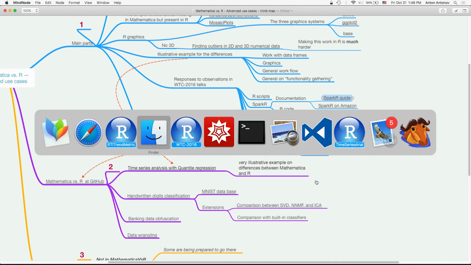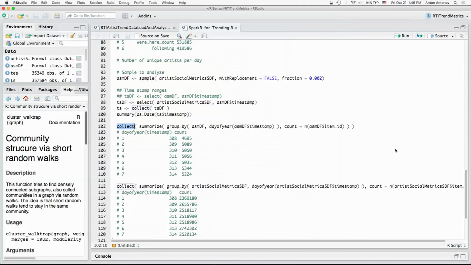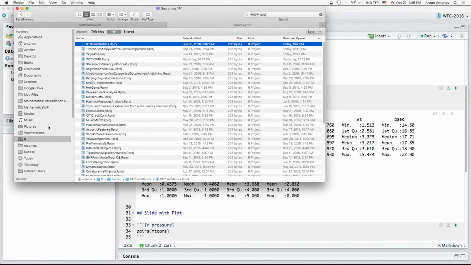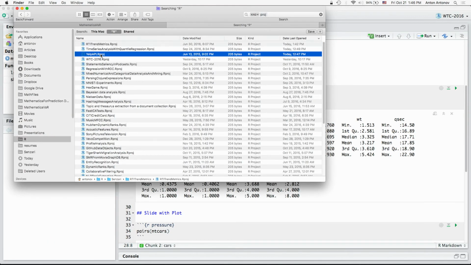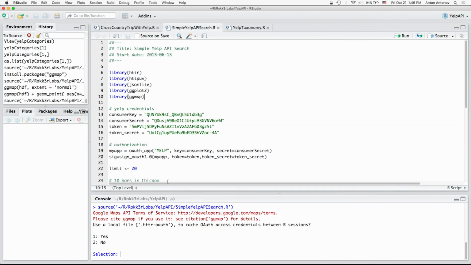Let me see here. I'm going to quit this session. This is another thing which is relatively new in RStudio: you can open multiple sessions for different projects. So I'm going to open this Yelp API project. Presumably this will load quickly enough. And so if I run this,